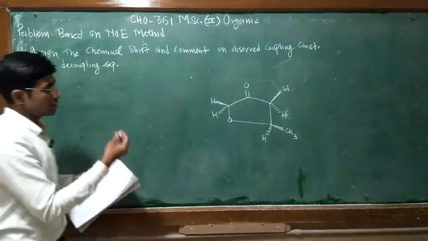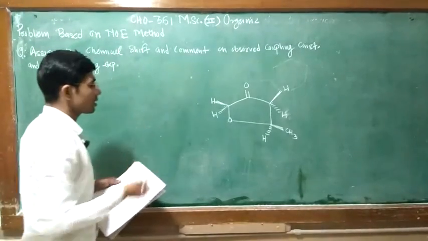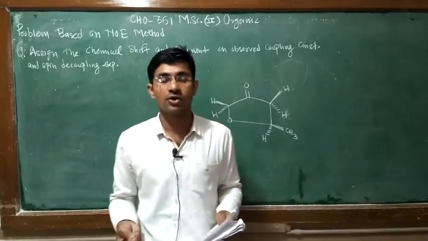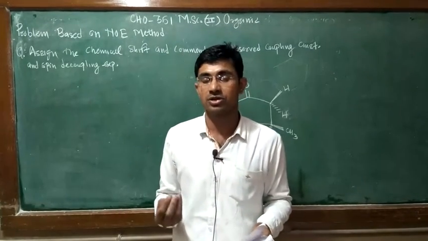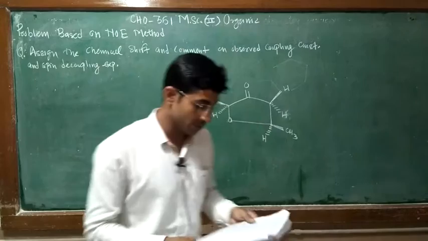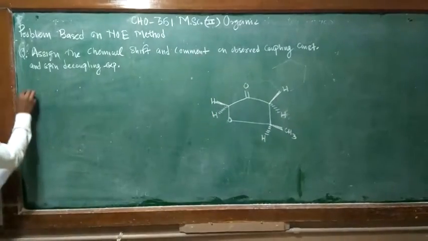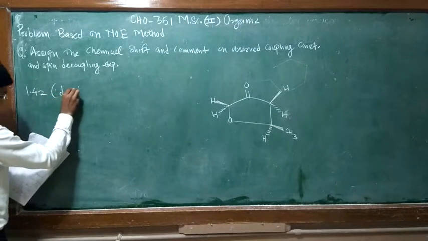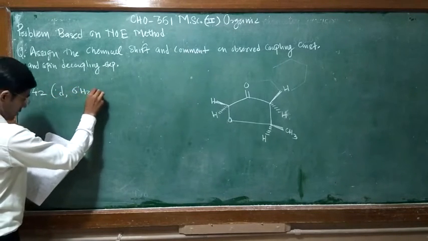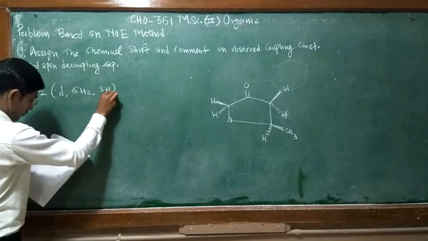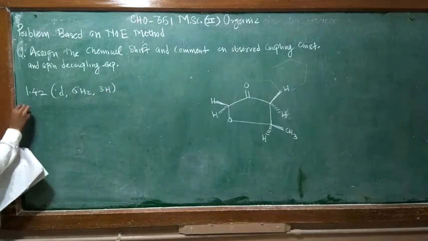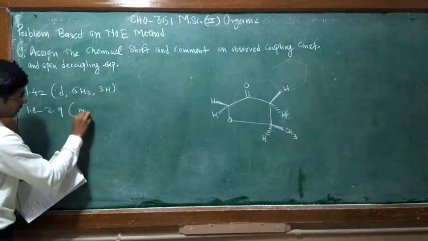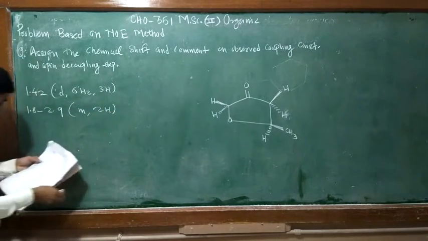So, the structure is given. Over this structure, we have to assign the chemical shift value, and after assigning the chemical shift value, we have to comment on the observed coupling constant and also on the spin decoupling experiment here. The signals are: 1.42, doublet, 6 Hz, for 3 protons, then 1.8 to 2.9, multiplet, for 2 protons, then